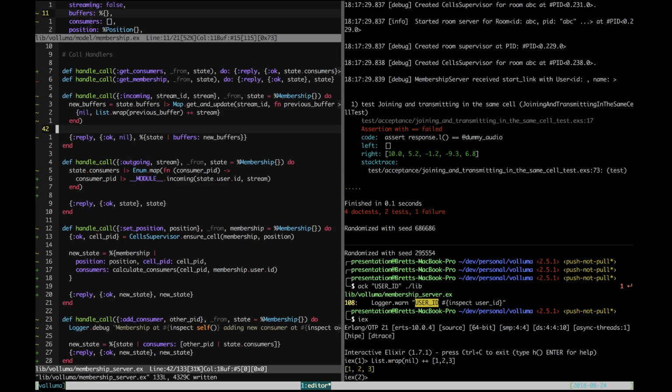Basically what we've done is whenever a user sends, it's now getting received and inserted into the receiving user's membership server, in a dictionary where the sender is the key and the stream of audio is the value. And now what we need to implement